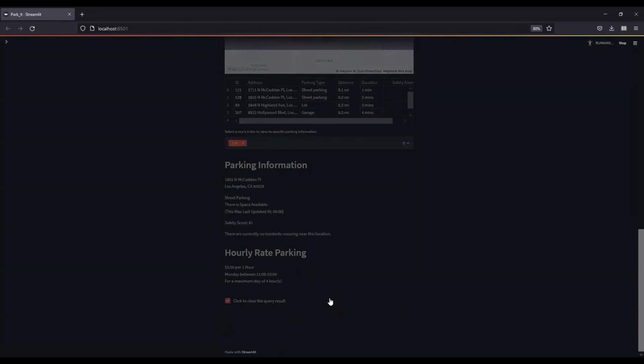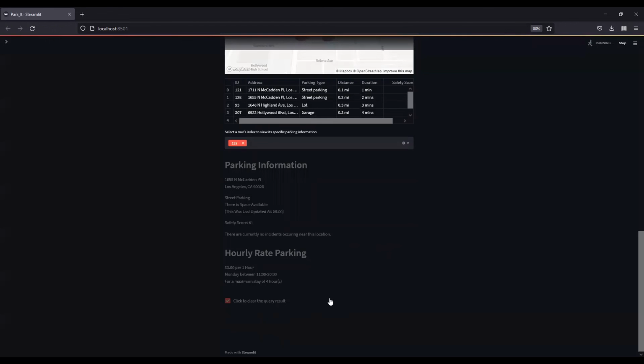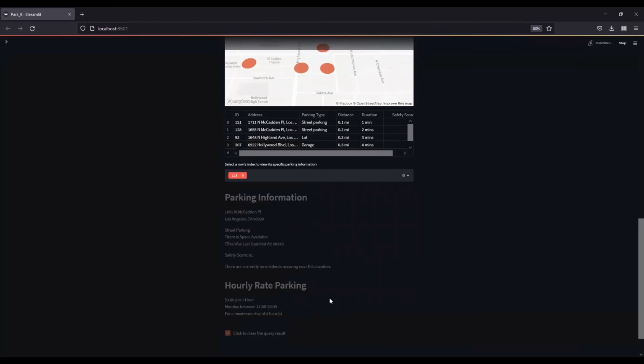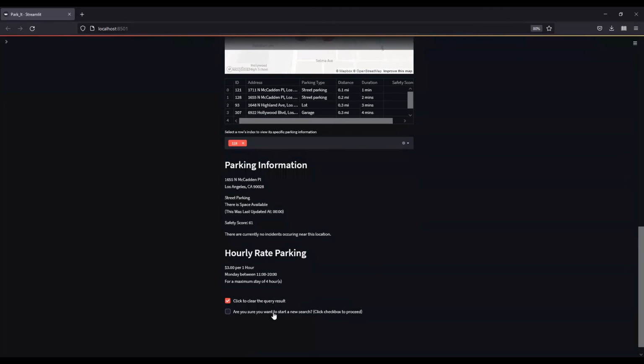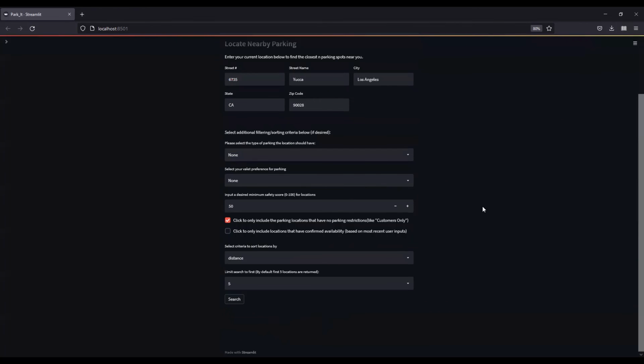So the new search we're about to commence will resemble a user that prioritizes safety above other factors, which Parquet supports through its filtering options. And for the sake of simplicity, we'll keep the address the same, but we'll tweak the filter so that locations are selected based on how safe they are, rather than their proximity. So eventually, now the user can clear the query result, and we'll change these filtering options to match a user